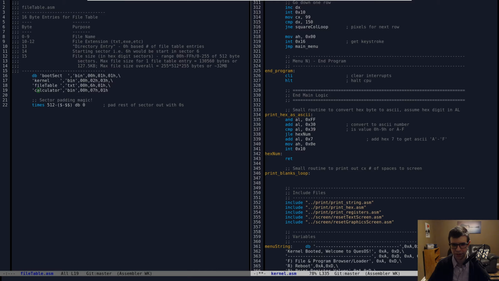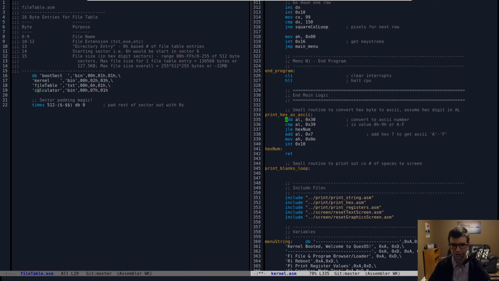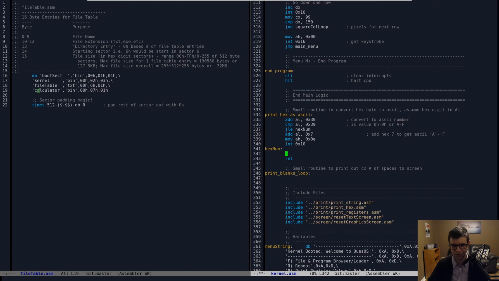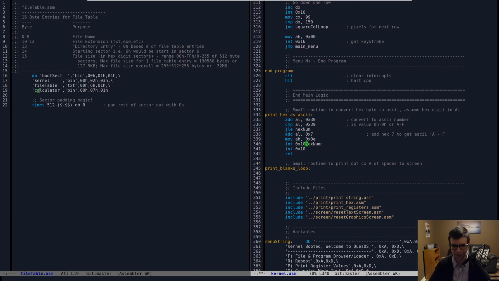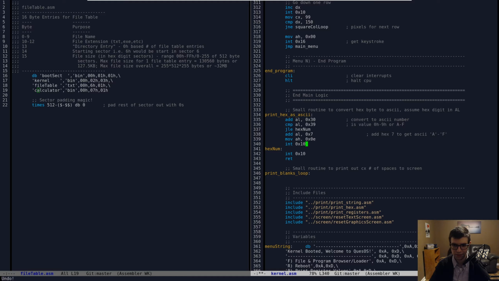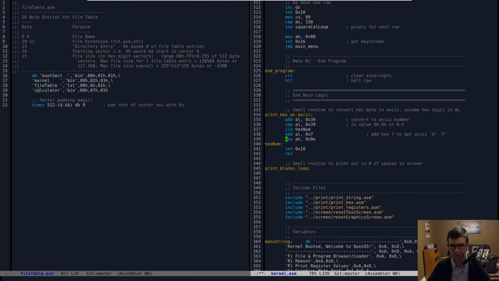The reason we don't need this, first off, we don't need to add. We can use this though, add and compare. This jumps less than or equal, so the reason it wasn't printing anything before partly is because I didn't print anything out unless it was A through F. So let's print out by default. Okay, so that's really all we had to do: actually print out the character no matter what. That should fix that. Also, we need to do this first off,